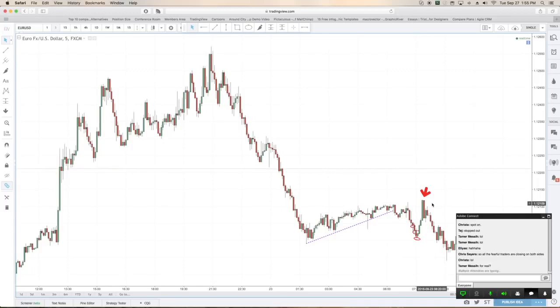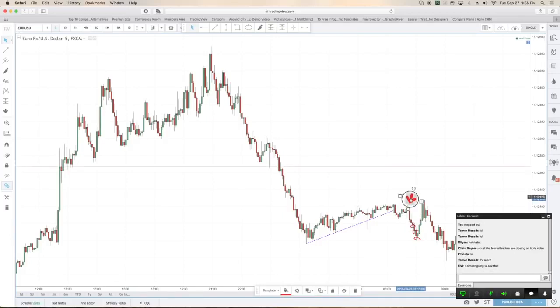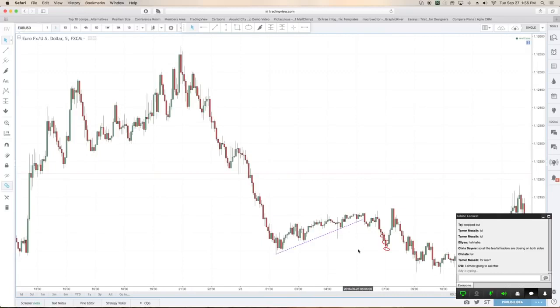So all the breakout traders are looking to sell at this stage because they're not selling anywhere up here. They're not anticipating the sell. They're selling after the sell starts to happen. So they're selling very, very late, and then any point that it goes up, it's a stop loss. So that's one thing. The next thing is, those of you who noticed this, the thing that gave the buyers